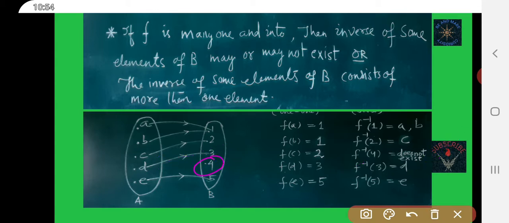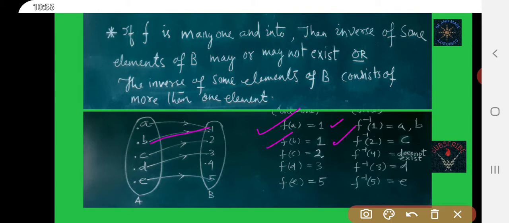Inverse of 4 does not exist. So here may or may not exist. Okay. So inverse of 5 is E.